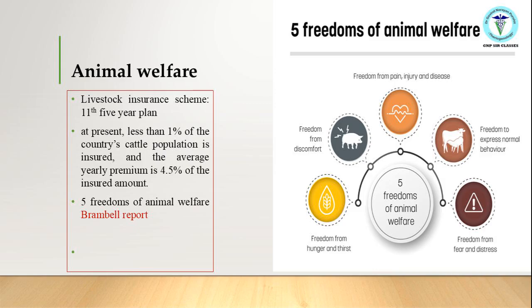5 freedoms of animal welfare are shown in the figure. The livestock insurance scheme was introduced in the 11th 5-year plan. However, at present, less than 1% of the country's cattle population is insured, and the average yearly premium is 4.5%